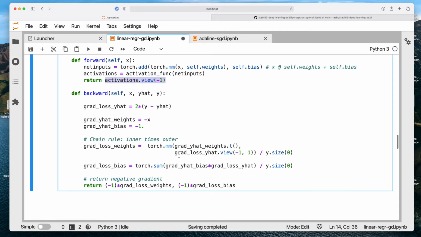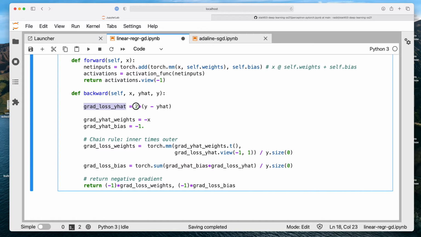It's just for convenience. And then in the backward method, what we are doing is computing the gradient. This is what we have done in the slides. So remember, we start at the back with the gradient of the loss function with respect to y hat. We're doing it in 2 steps.